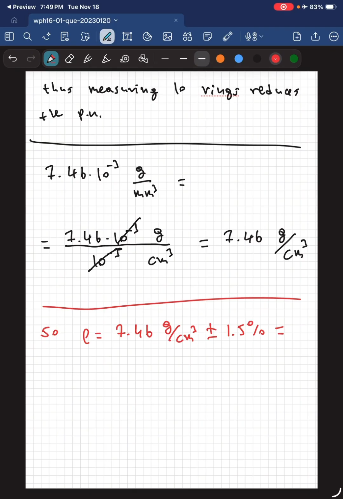Okay, so if we multiply 1.5% with 7.46, we will find the absolute uncertainty, which is 7.46 grams per cubic centimeter, plus or minus 0.11 grams per cubic centimeter,